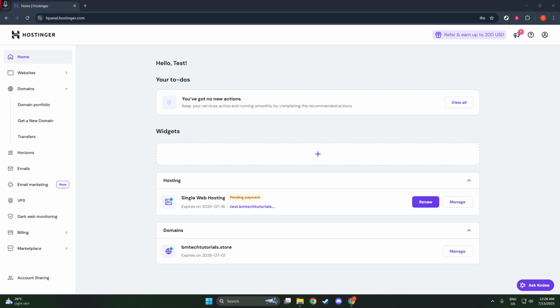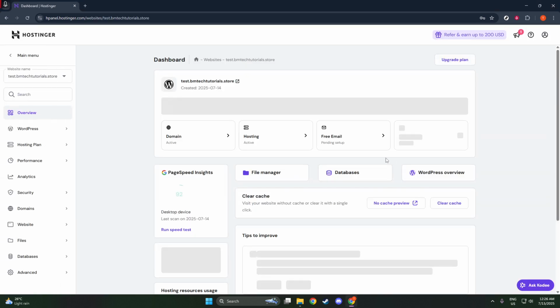First, you need to access the Backups section in your Hostinger account. Start by logging into your hPanel. Once you're in, navigate to the Websites section. You'll see an option to manage your website. Click on that, then proceed to the Backups section. Alternatively, you might find it located under Websites, then Dashboard, and finally, Backups.